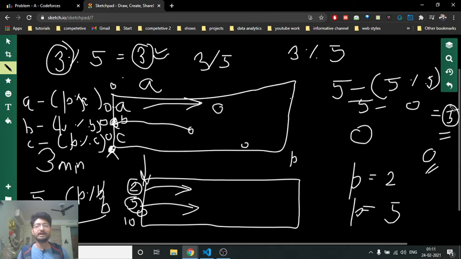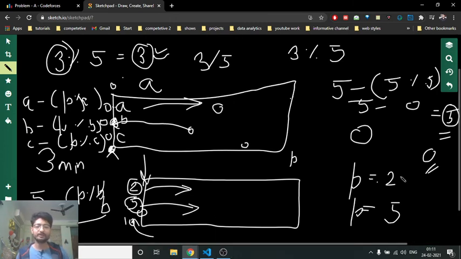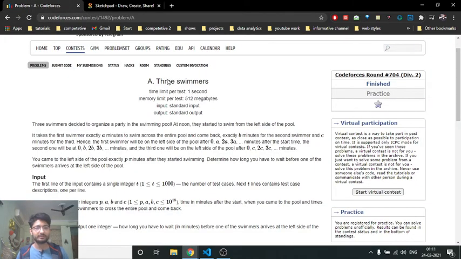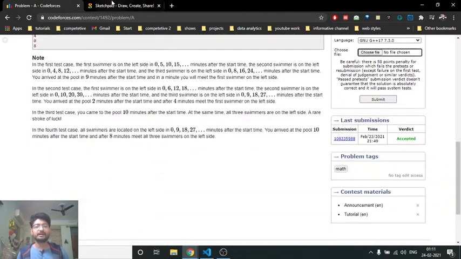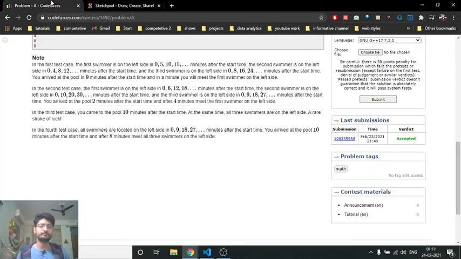5 is telling that it will take 5 more seconds, but because I am coming to this point at P, you just have to check whether any of P mod A, P mod B, P mod C is 0, then the answer is obviously 0, which means that at the point at which the swimmer will come to the leftmost part, I will also reach there. But if none of them is 0, you have to find out the minimum of all of these 3, and that's the whole solution for this problem.